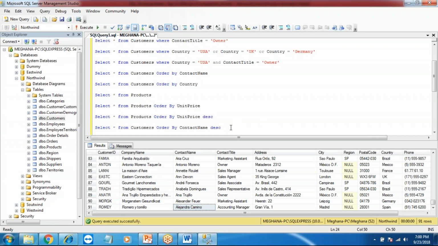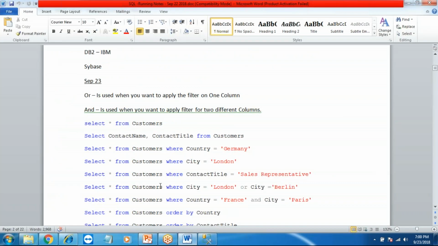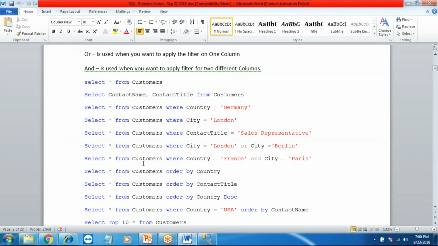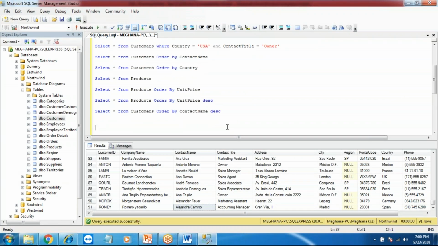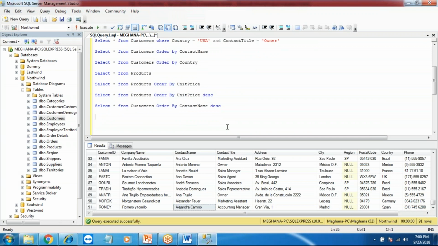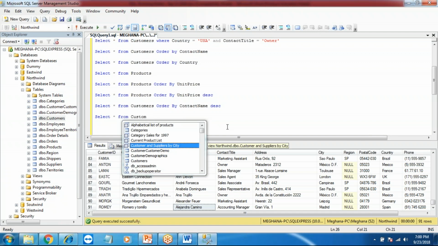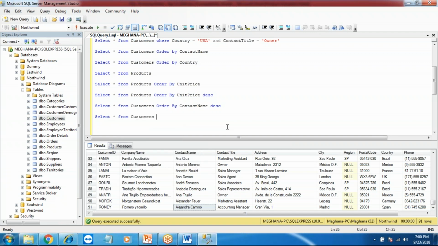Is it clear? Any questions in this? Alright. So that is about order by. You can also use a where condition along with order by. Say if I want a list of all customers from USA, at the same time I want to sort their names, then I will write select star from customers table. I have a condition here. What is my condition? Where